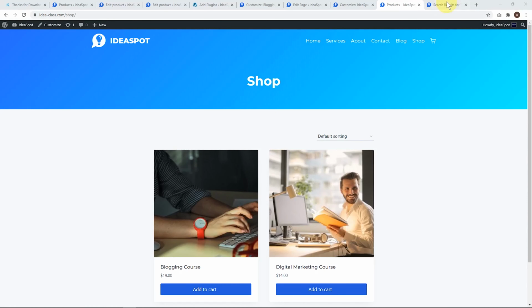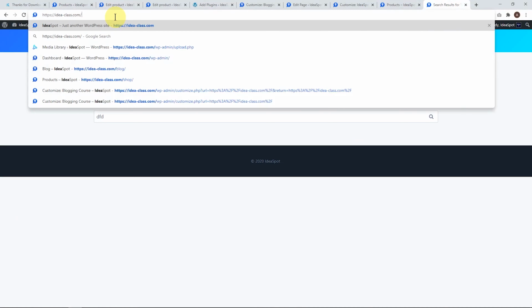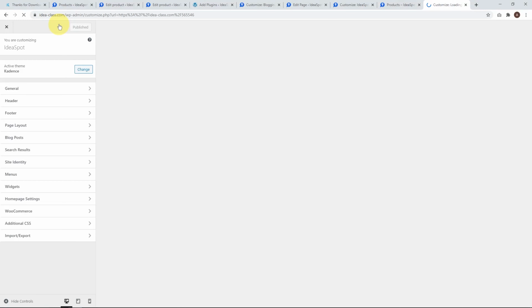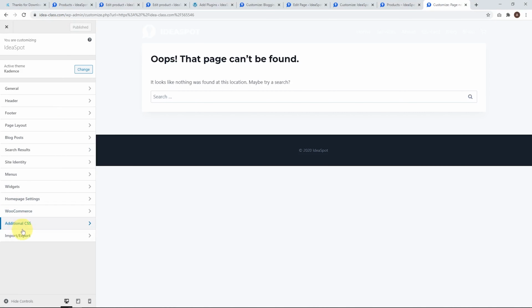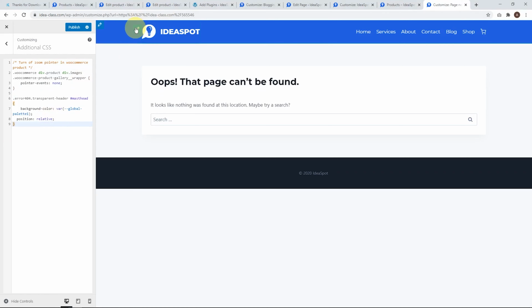Now there is one little bug I noticed. Even though the actual search page works fine, if we go to the 404 page, for some reason that still doesn't work. We can work around this just by putting a bit of color behind that header. I'll show you how to do that. Let's go to customize. What we want to do is just add some additional CSS to put some color behind that header. So in our CSS, I've just made up a bit of CSS to put the global palette 1